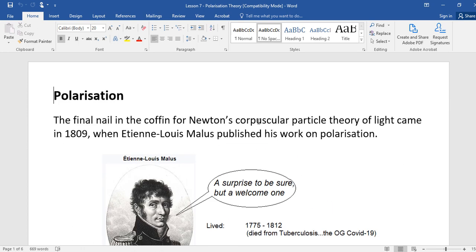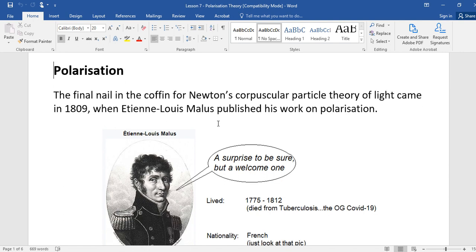These are the notes that are on Canvas, or I will have put on Canvas by the time I upload this video. But this is just me going through them as I would maybe in the classroom, something like that. So we're looking at polarization today,